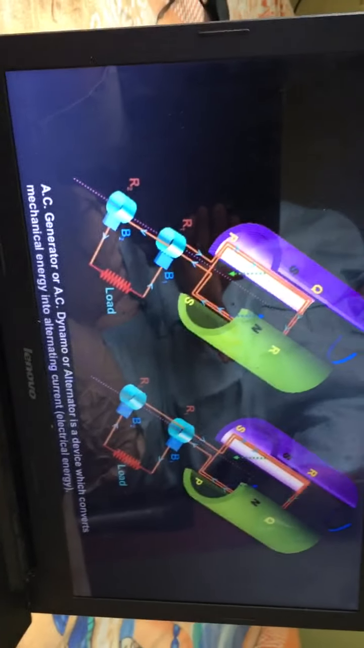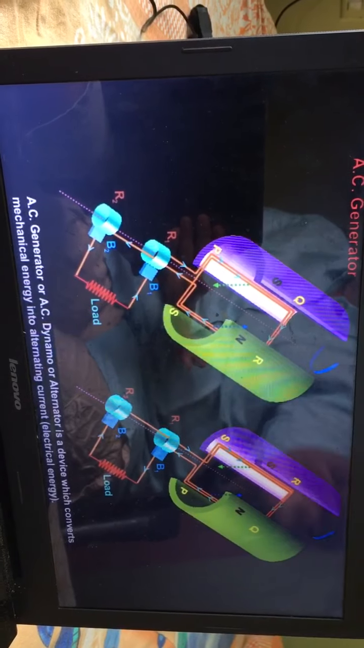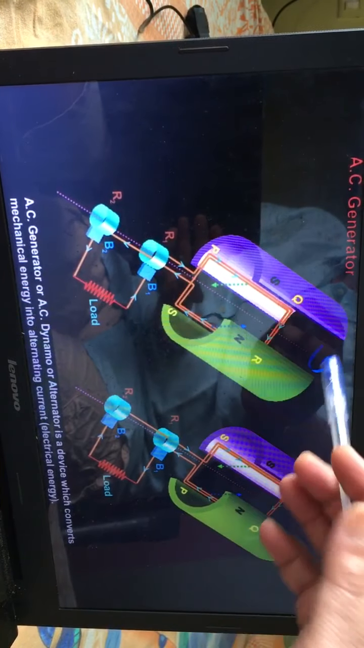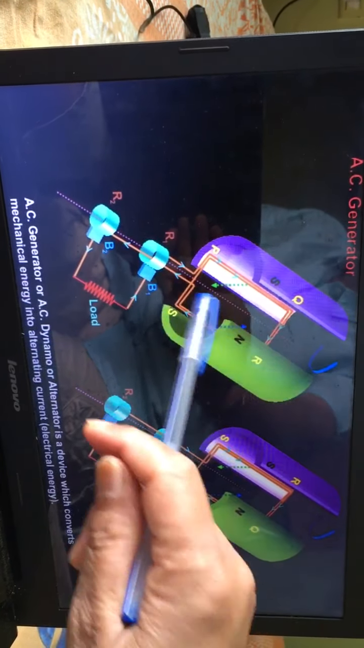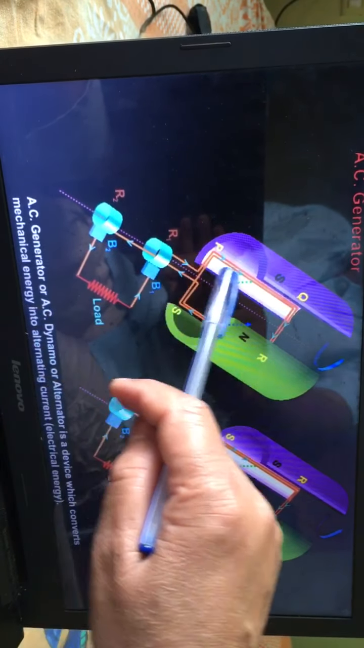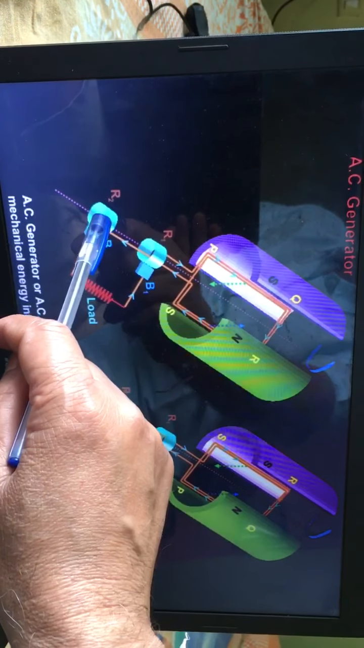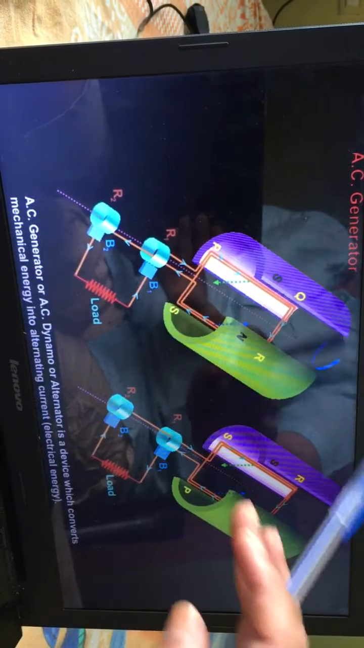given, and whatever current is produced over there is given to the circuit through the load. So now children, all the parts remain the same. Only one difference is that instead of a split ring, it is a complete ring. Otherwise, there are two field magnets, armature, two complete rings or slip rings, and carbon brushes, everything remains as it is